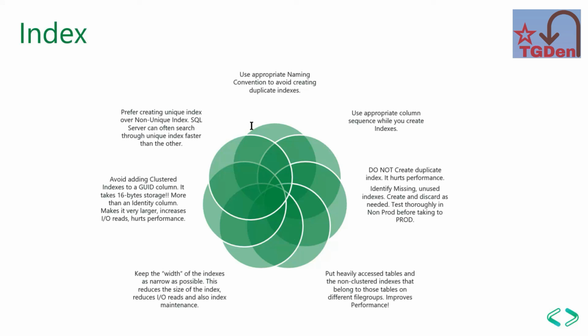The next point is put heavily accessed tables and the non-clustered indexes that belong to those tables on different file groups, because it can improve performance. Yes, that's important. So for example, you have 10 tables in your database, right? Each table, let's say, has 10 indexes. So now how many indexes do you have? We have 100 indexes. So instead of creating all the indexes in the same database file, better separate them out and